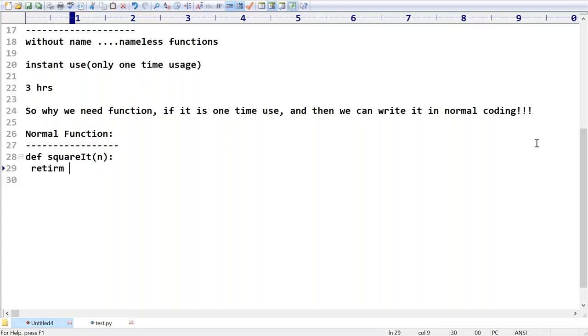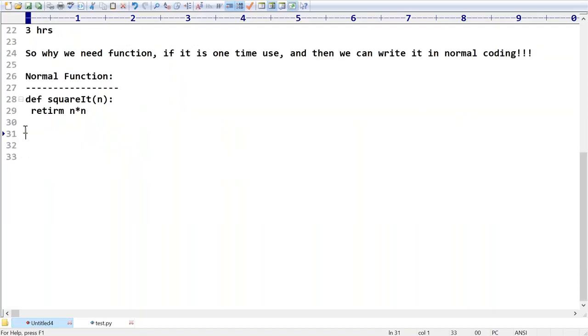What do I have to do, sir? Return n into n. Now can you please observe a bit carefully? This is the code I have to take. Is it a named function or an anonymous function? Is it named or not?